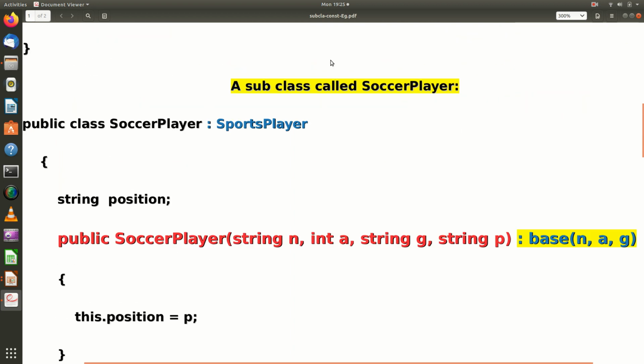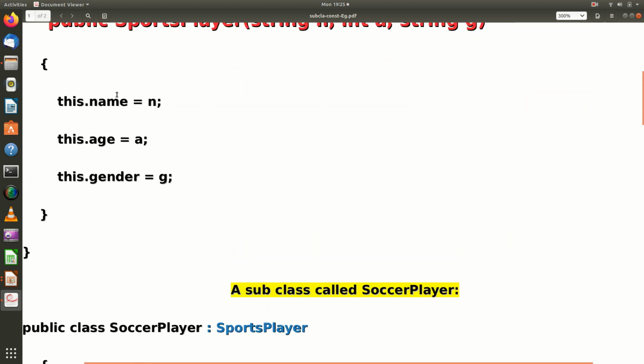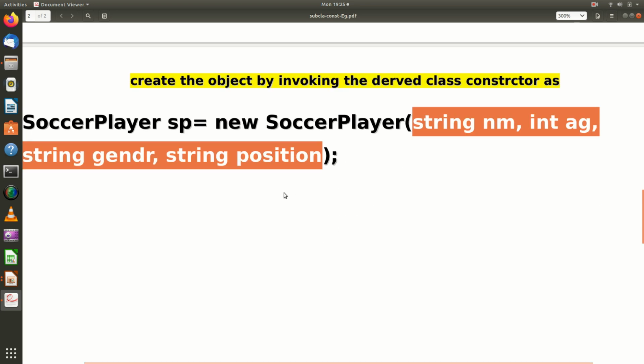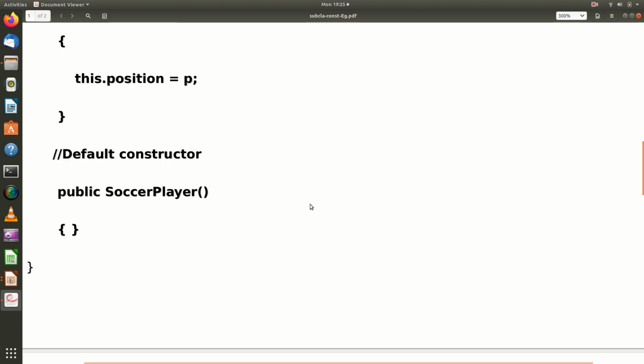It goes to the base class constructor, name, age and gender will be assigned. Then it comes out of the base class constructor. Then it will process these steps. So the position will be assigned only after assigning name, age and gender. Okay.